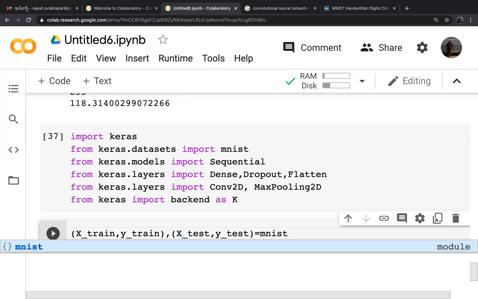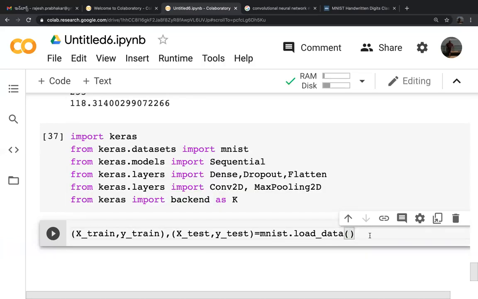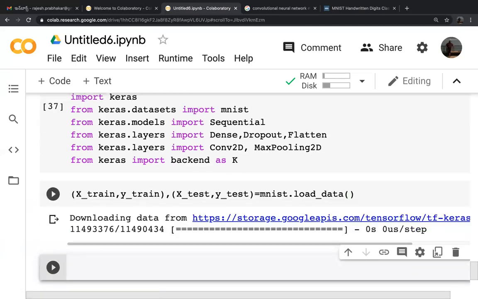MNIST load_data. So what I am doing is bringing the data here. Okay, it has downloaded the data.